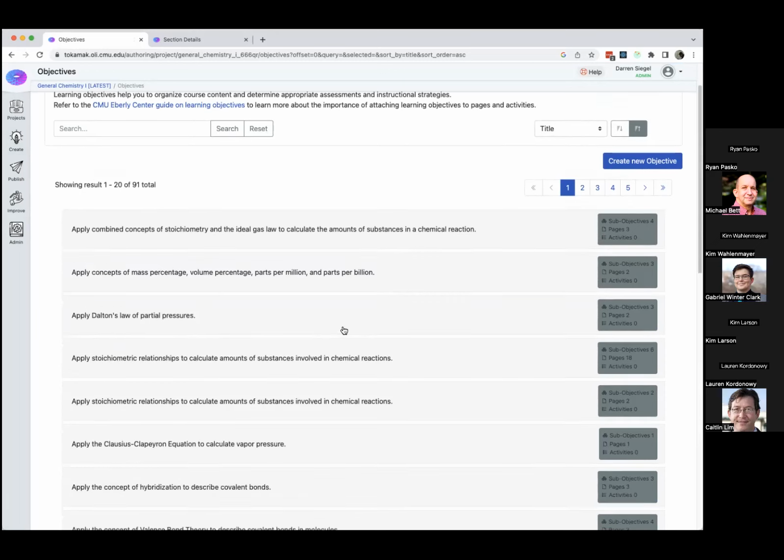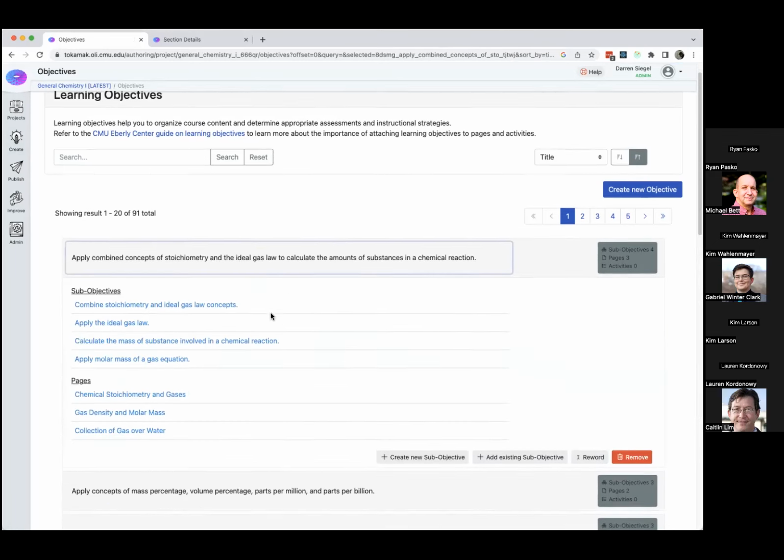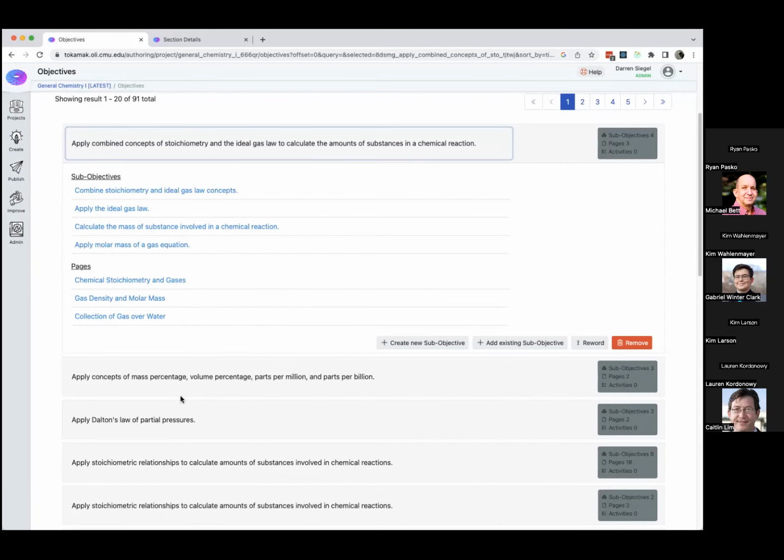So this view now is a bit more similar to the view that exists in the Echo authoring environment, where I can see a top level objective. I can drill down and get some more information. I can see what pages this learning objective is attached to. I can click right on that link, and that will take me into the editor for that page. I can see the sub objectives that are applied. I can get some statistics,